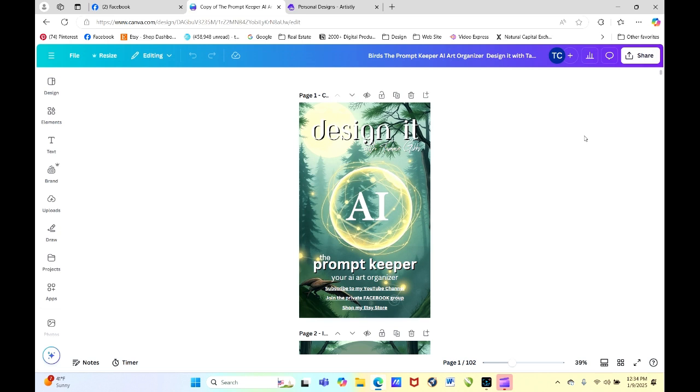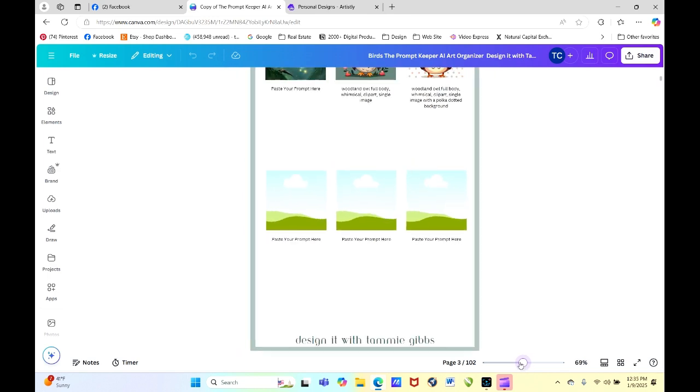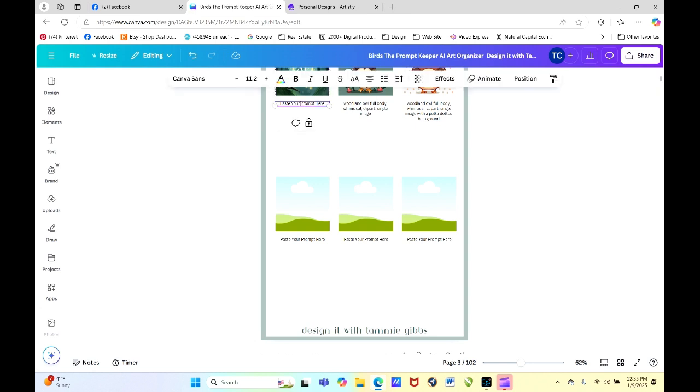But when I start working on creating those things, if it's going to be like a whole pack of dogs, then it would be simple to go into there. If it's going to be like safari animals or something, then I may want to put all of the safari animals together and those prompts together. So you can basically adapt it and make it work however you want. But anyway, this is my prompt keeper, and what you do with it is you can just go in here. Since this one's mine,